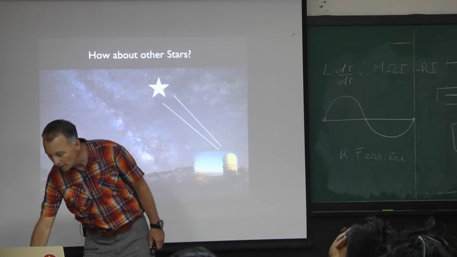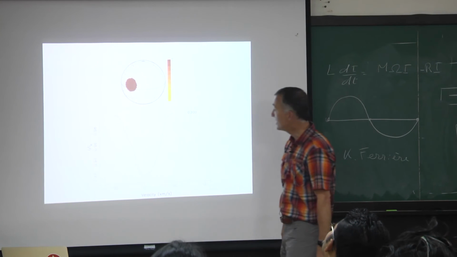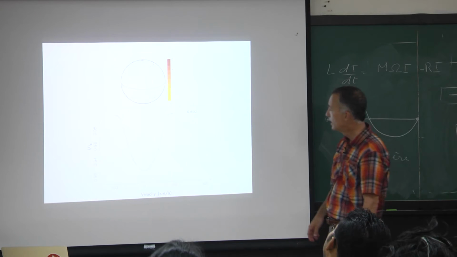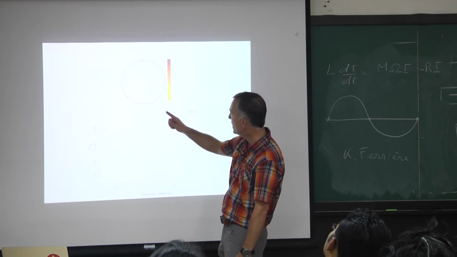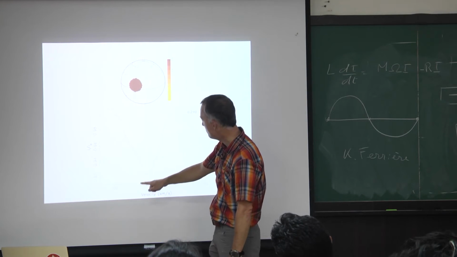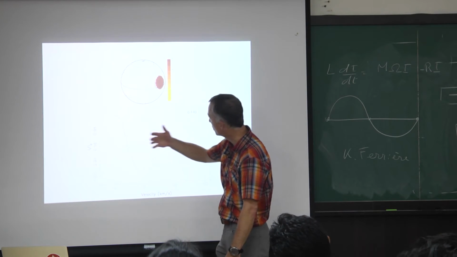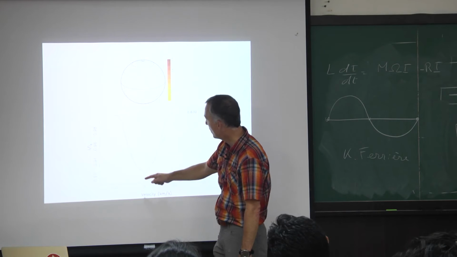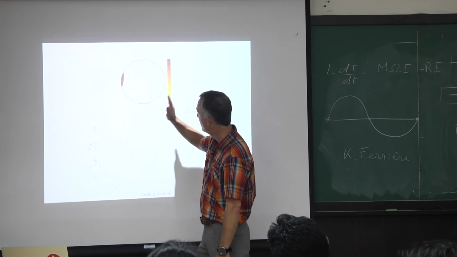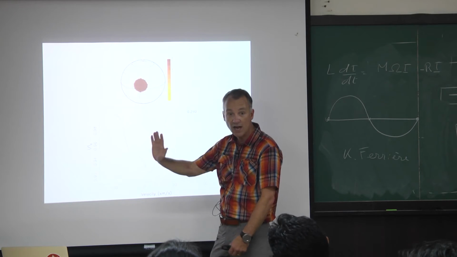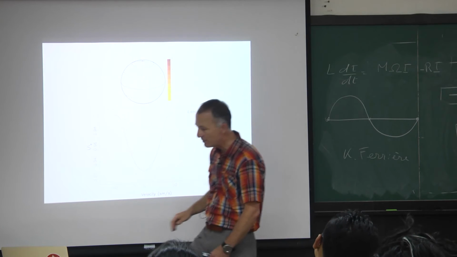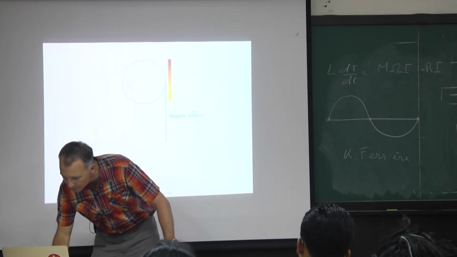There are beautiful techniques called spectral polarimetry which have been developed. And the idea is if you have a fast rotating star and you have a dark spot that comes towards you, you can measure the Doppler shift of the light, which is the speed. So here the light is coming towards you, and here it's going away from you. So there's a Doppler shift. And if you measure the emission as a function of wavelength,